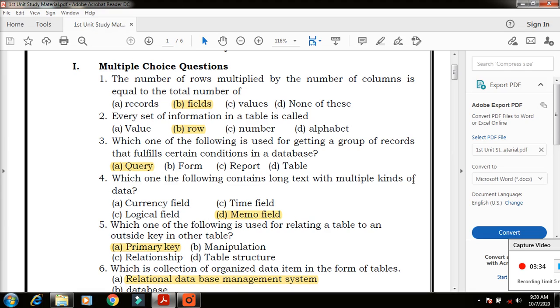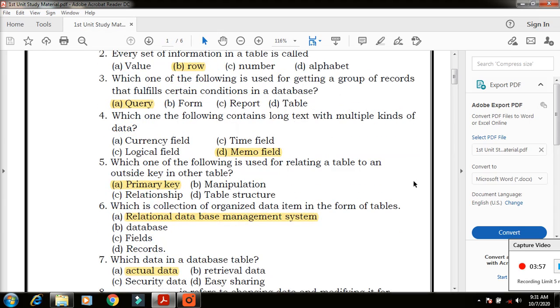That primary key is used for checking with another table to take information. So we have to check one table's column value against a column value in another table. Which key is used for that? The primary key.